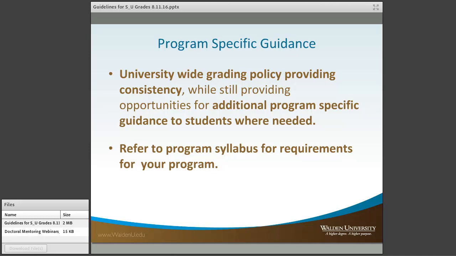At the same time, we wanted to make certain that there was additional program-specific guidance. At the time, some programs had started to think about ways to hold students accountable. So we wanted to make certain that this was a university-wide policy that,